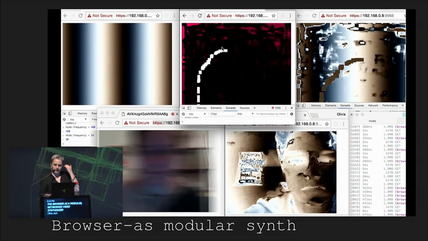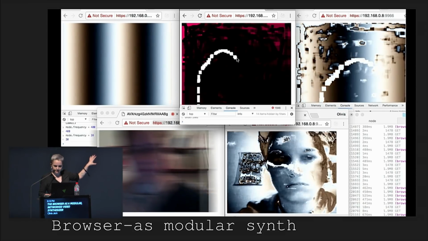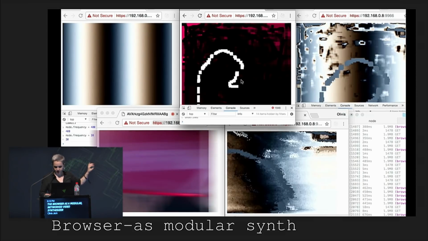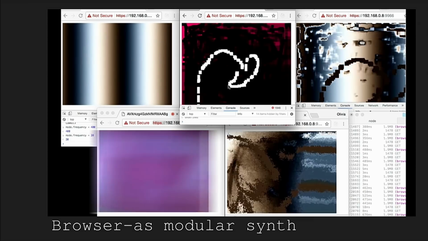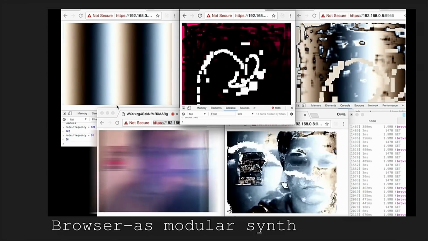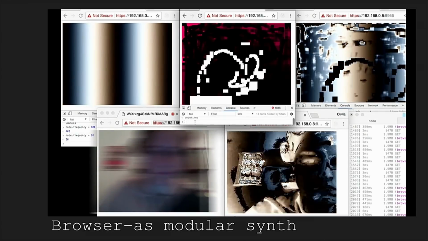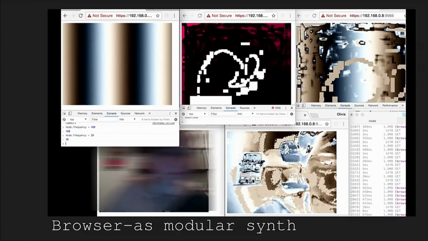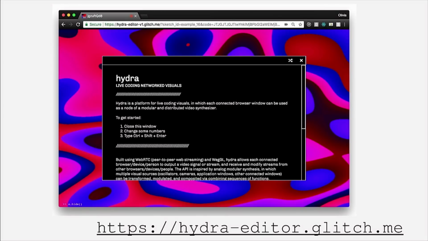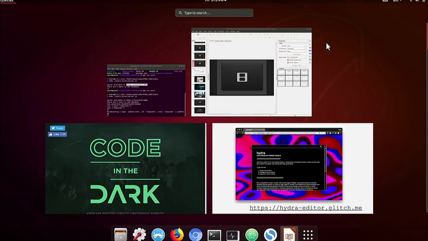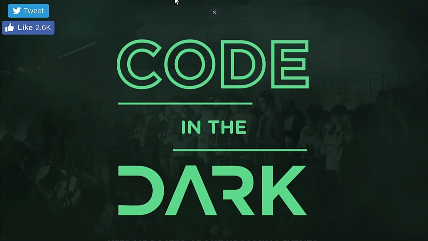And so this experiment led to a node module called RTC Patch Bay that just, for me, made it easy to send these video streams and reroute them. And then I started making this in-browser editor to play with this, and I'm going to go to it right now. Let's see.